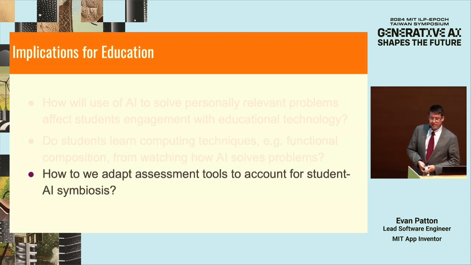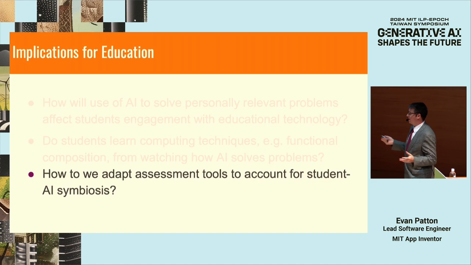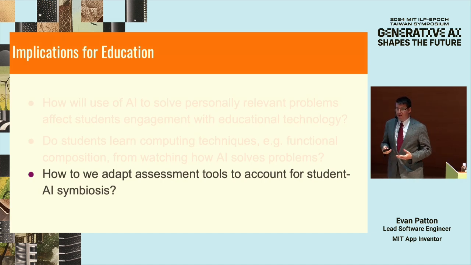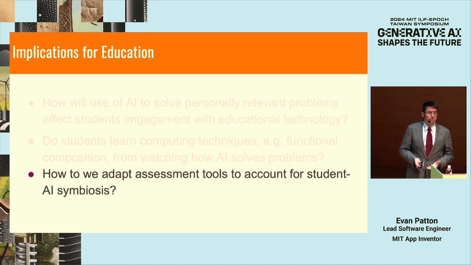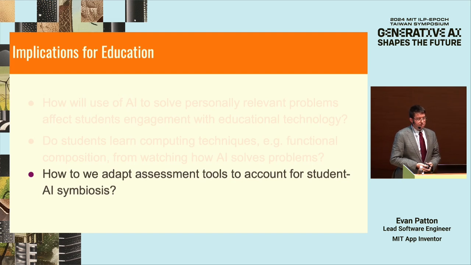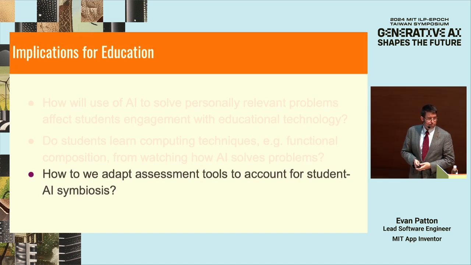And then thinking about what I call the human-AI symbiosis, right? The AI is good at doing a lot of things, we know that. But as a human being, I can look at a problem and understand how people feel about it, how a solution might make them feel, and it's very difficult, I think, for AI to really capture this. And so from the human perspective, we can bring a lot of value in terms of these tools. But it requires us thinking about how we adapt our assessments of what students are doing in the classroom.